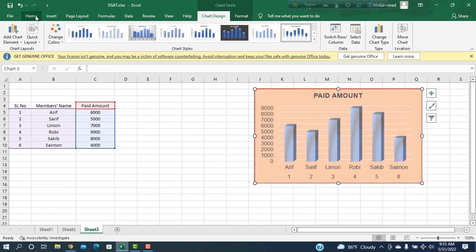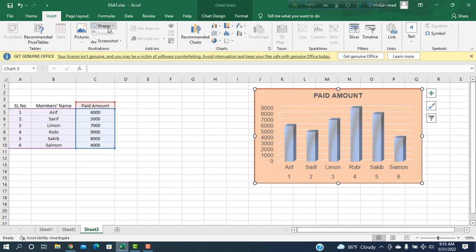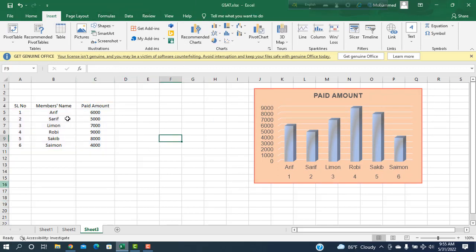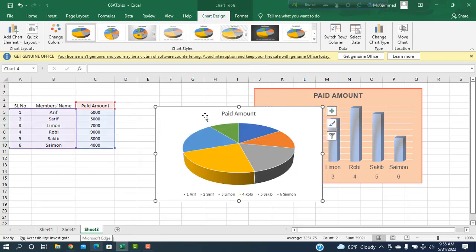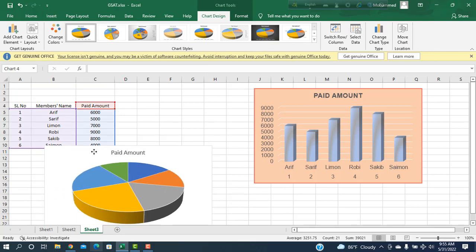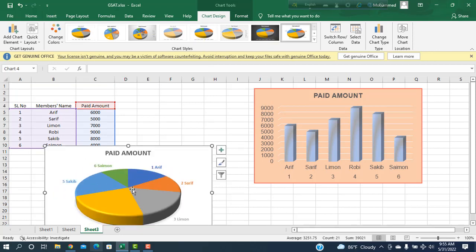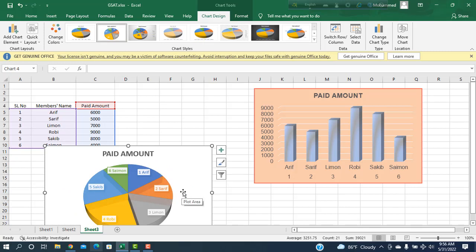Then I want to show another chart which is the pie chart. Going to the insert and taking this pie chart. So that's why I have to click first here. Then I am selecting this one. Then going to the pie chart and selecting this pie. 3D pie is taken. Drag it and I'm selecting this one. This one is better. So, or this one. See,